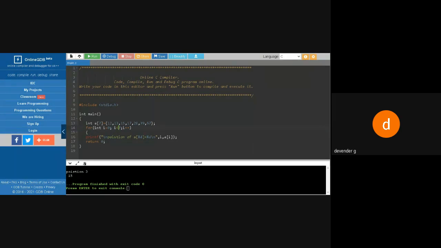If I say equal to 7, then one more iteration will be added and it will go outside that box. That means the loop will execute one more time, and it will say there is no defined data value. So we will get a problem there, and we have to take care of this.